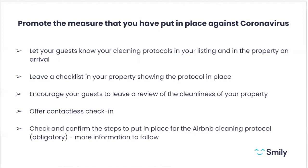Also, Airbnb has put in place a cleaning protocol that will be mandatory for you to accept in order to stay online on Airbnb. On our side, we will send you a dedicated email with all the information about what's behind this new Airbnb cleaning protocol. There is a guide that's very complete with all the information. Also, it contains checklists that can help you, as we've seen a bit earlier here in this slide, for your cleaning